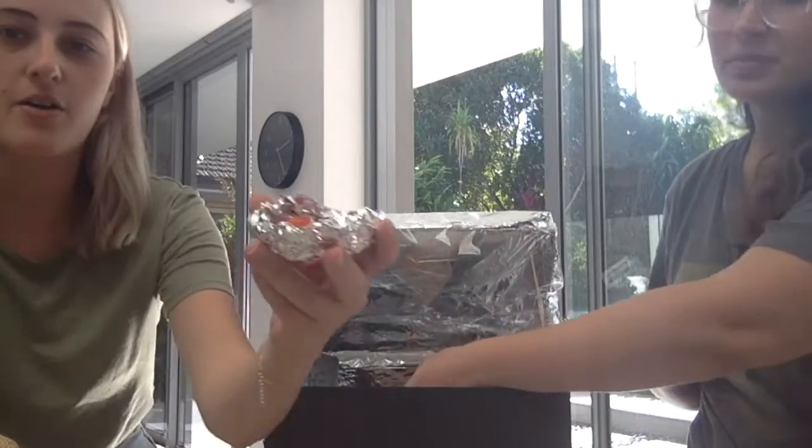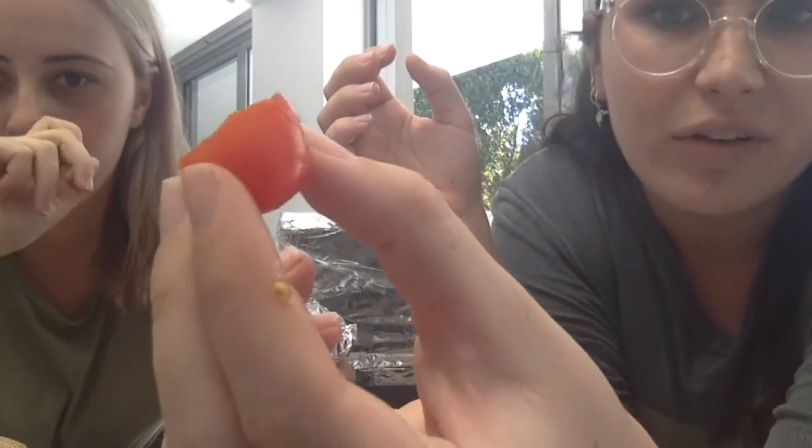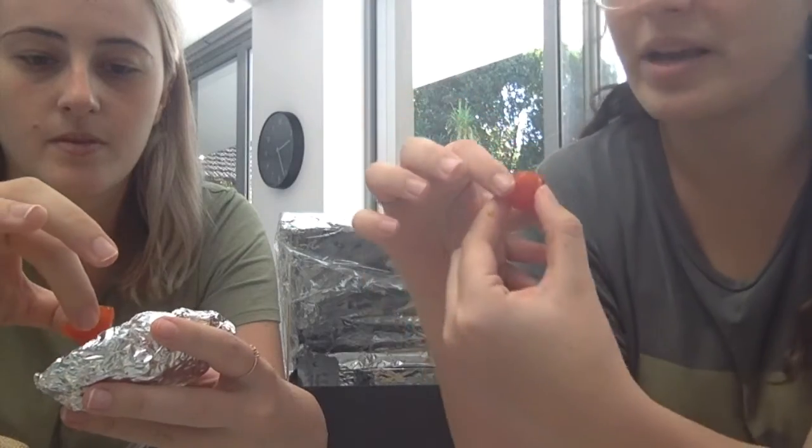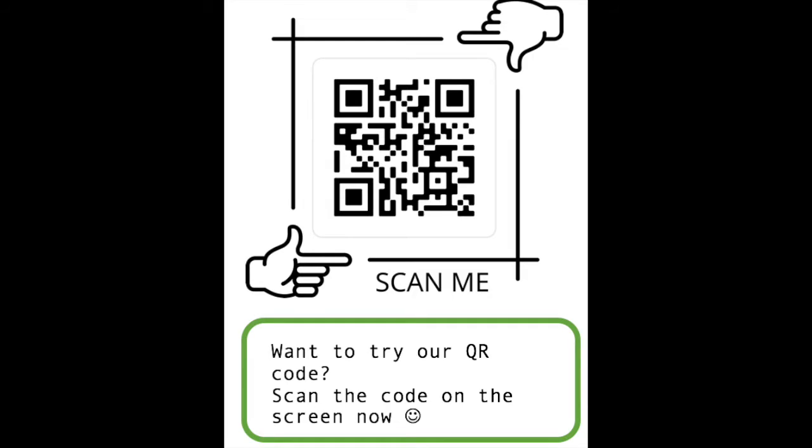And then with the tomatoes, they look the same as when we put them in. They're a little bit warm. They've gone a little bit mushy, I'd say. Yeah. And the edges, if you can see around the tomato, have kind of gone a bit. They've crinkled in a bit, so they've begun to cook. But if we kept them out longer, maybe they would have cooked more, but we just didn't have enough time. Yeah, or if it would have been a hotter day. Yeah. Science is a part of our everyday